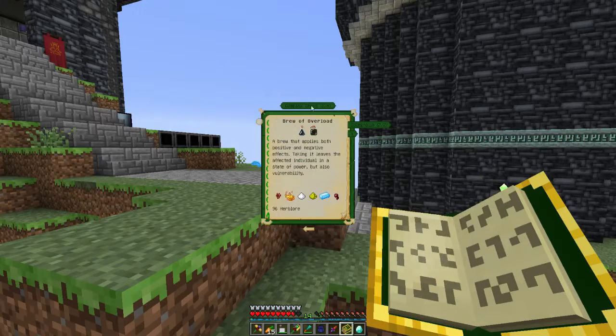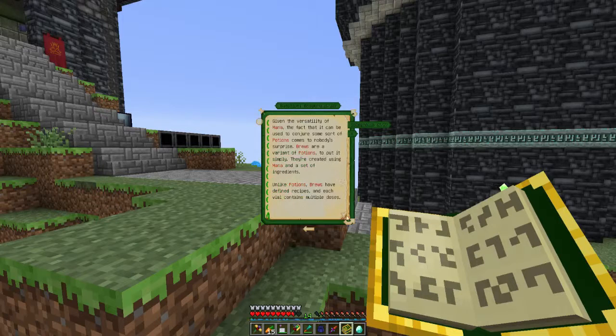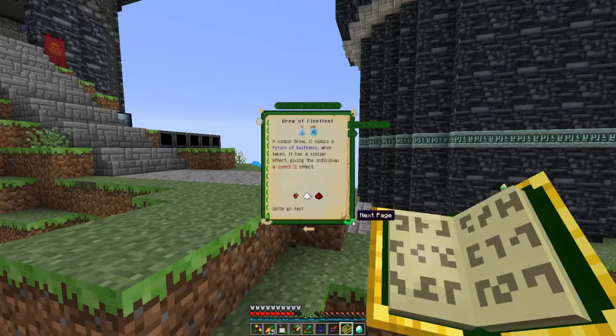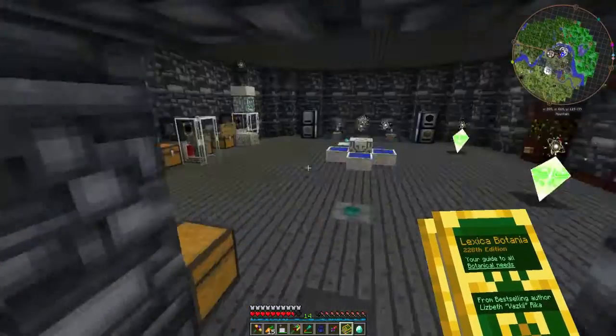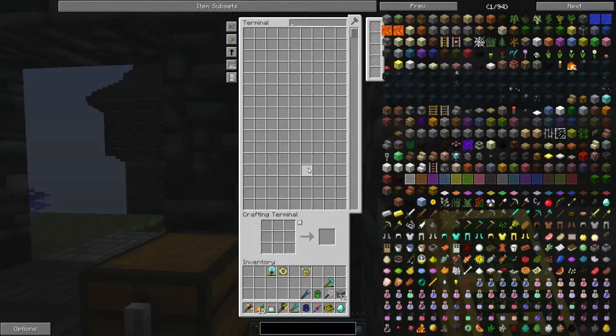Alright, so we're going to look for Brew of the Overlord applies negative. That's slay, fall damage. I don't think these are the ones that we want. Oh, Botanical Brewery would probably be the ones that we want to look at. So we need, that's Fleetfoot, Vigor, Strength, Haste, Instant Health, Jump, Regeneration. So we need Netherwort, Gas Tear, and Glowstone Dust. You know what? We've got all of those. But first, we need...